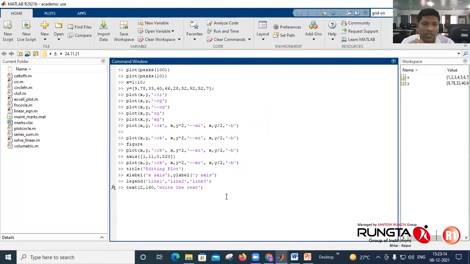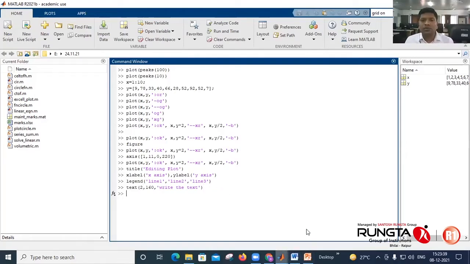So 2 in X direction, 160 in Y direction on the original plot, and the text which you want to put at that location. So for the text command, you have to specify the location with X and Y coordinates, and in single quote, you have to put the text which you want there. Okay, so like this, enter.